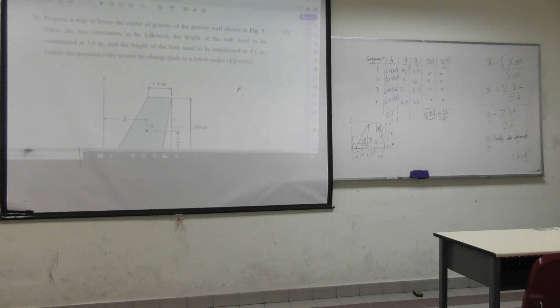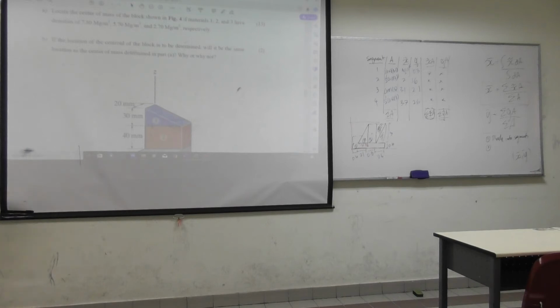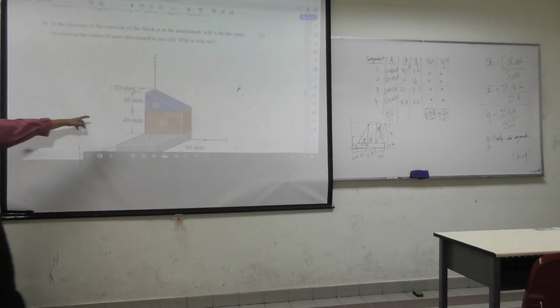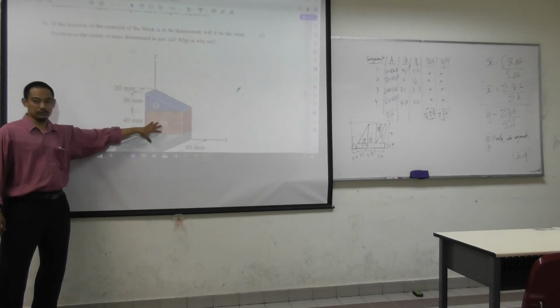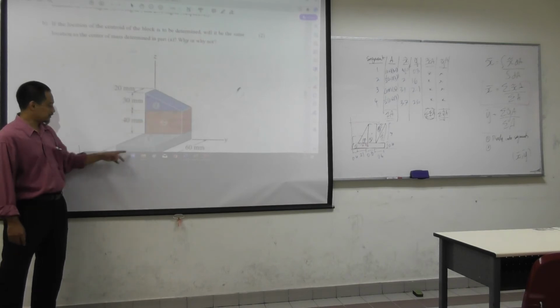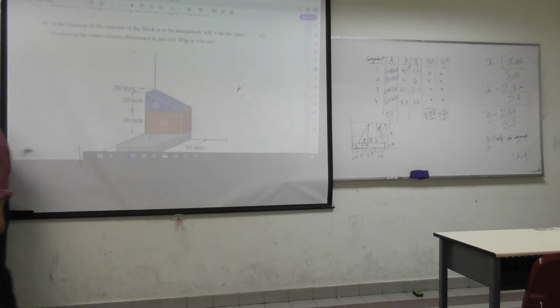Alright, so I'll go for this. Alright, this one first. Okay, the question is locate the center of mass of the block shown. And then here you have 3 different material. And the question already give the number 1, 2, 3. If you have question that already number the segment, do not change the number, right? I don't like this. I want this 1, 2, 3 because then the examiner will be very confused. Right? So,